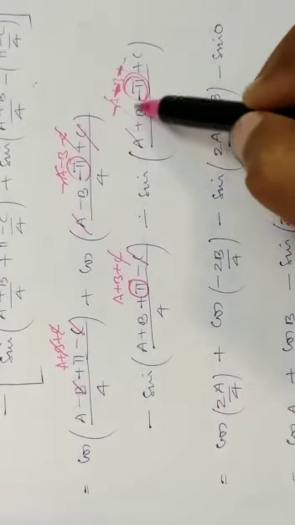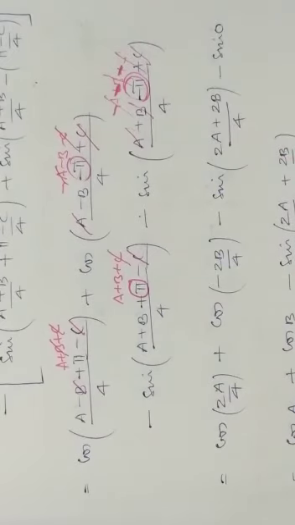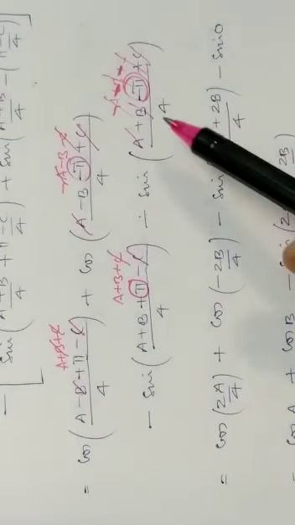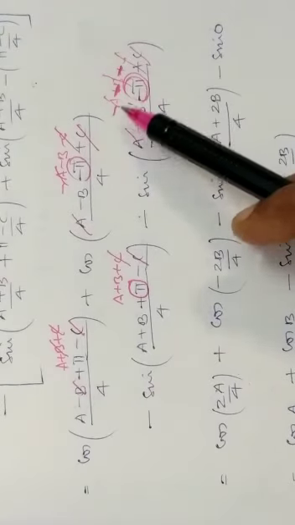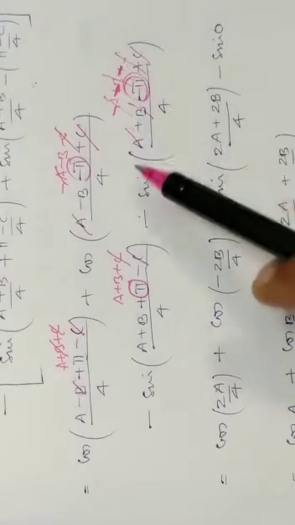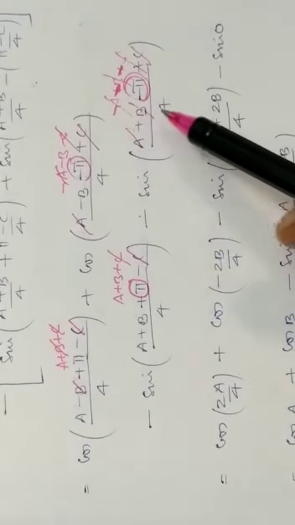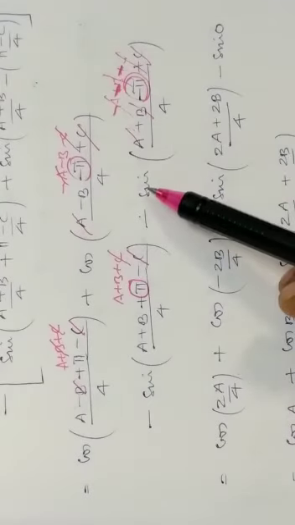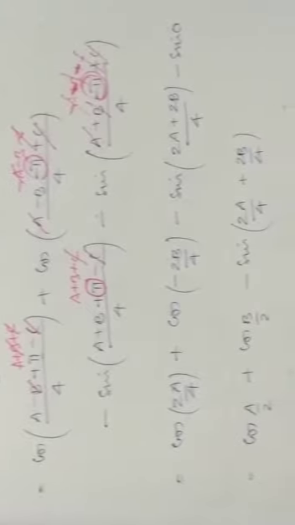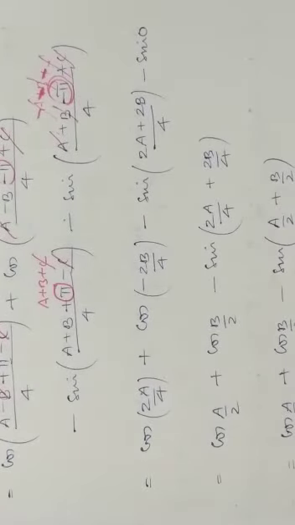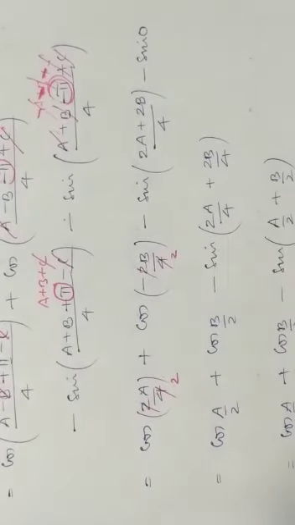So, plus a minus a, plus b minus b, plus c minus c all get cancelled. In the place of minus pi, we can write minus a, minus b, minus c. All the terms get cancelled. The remaining is 0. 0 by 4 is 0. So, minus sin 0. Here, 2 also gets cancelled again.